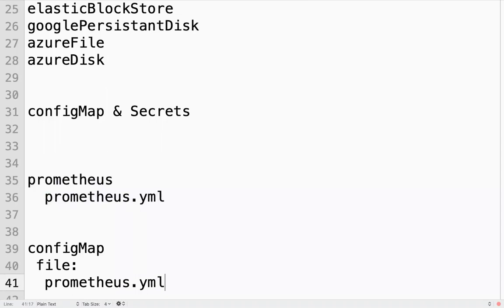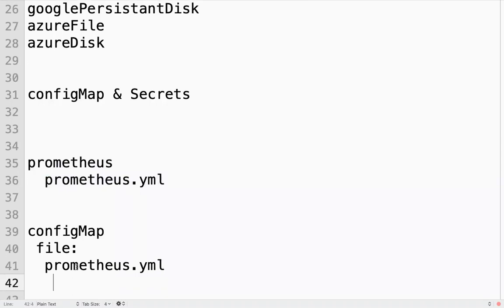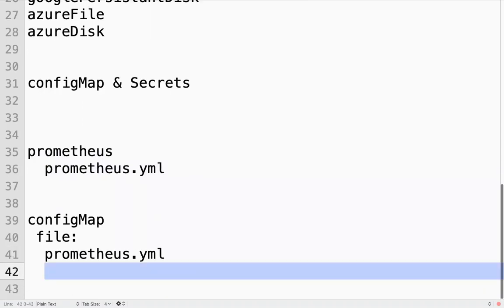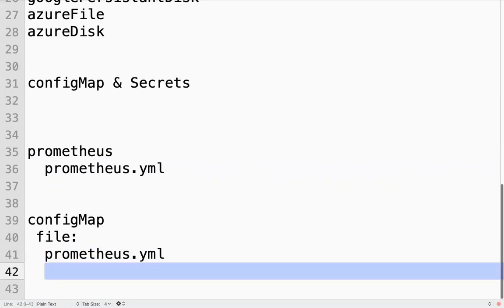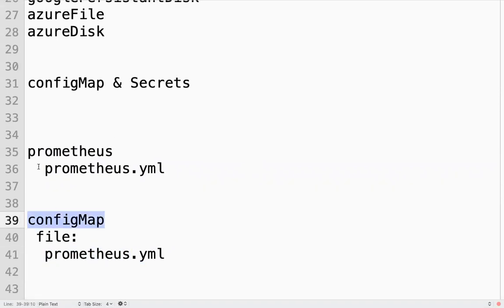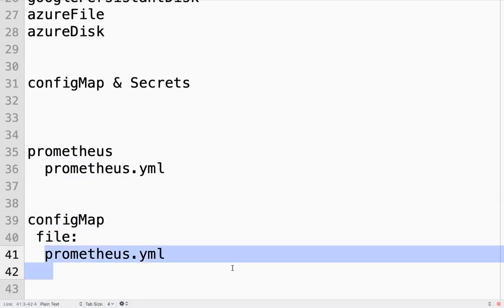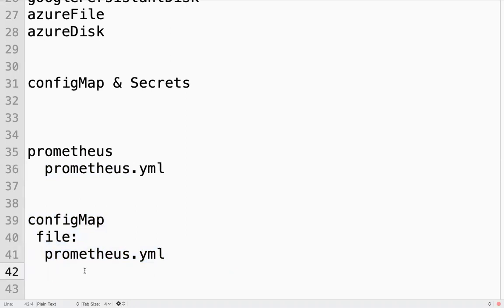I can have all the data, all these settings. Whatever I want to define in this YML, I can define. This config map I can mount to the container directory wherever I have the Prometheus YML.